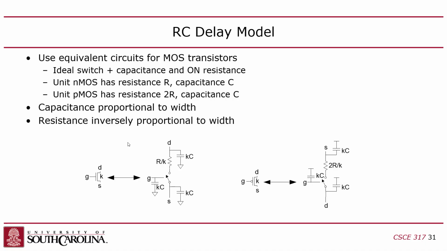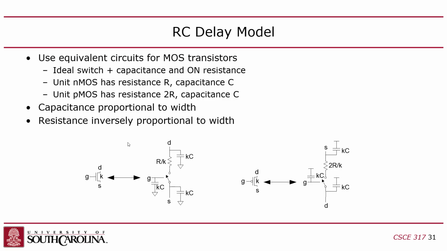Okay, so what that means is that the NMOS has a resistance of R divided by K, where K is just the size, right? The gate has KC, where C is the unit capacitance, K is the multiplier. So KC, if you have a double-sized transistor, you get double the gate capacitance. And then both the source and the drain also have KC capacitance,